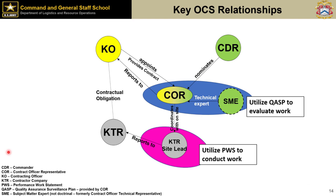So that's how everybody works together in relationships. It's a coalition of the willing. Usually people get along very well together, but get that SME if you really need one. JJ? Yeah, and so going back to that COR, the biggest thing with a COR is picking the right guy